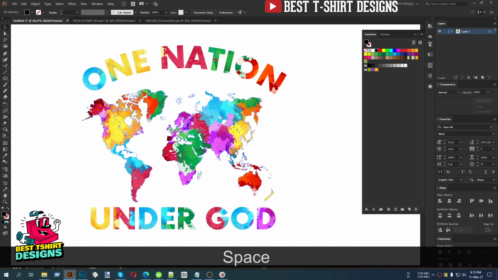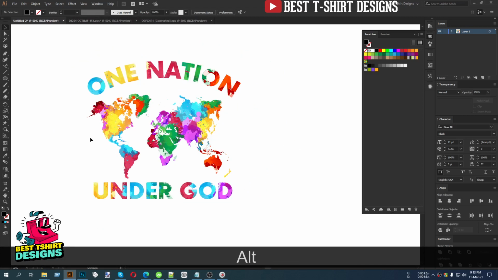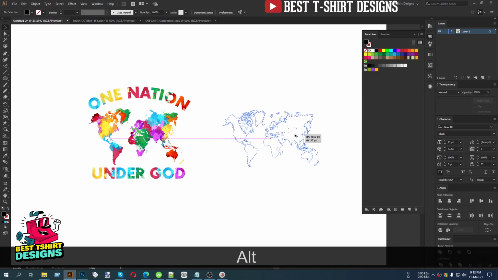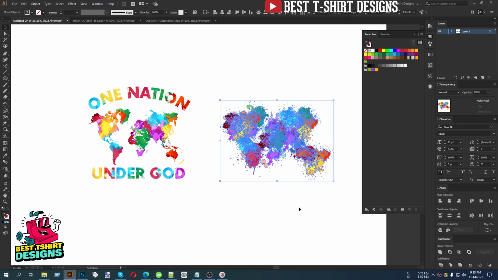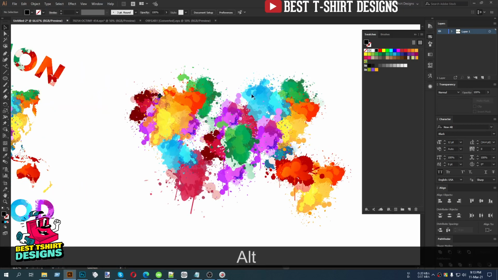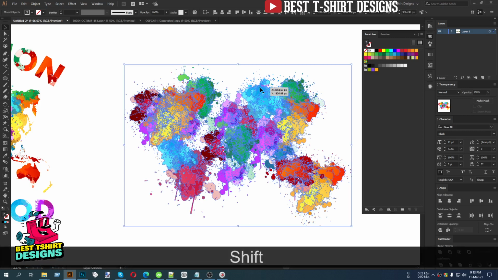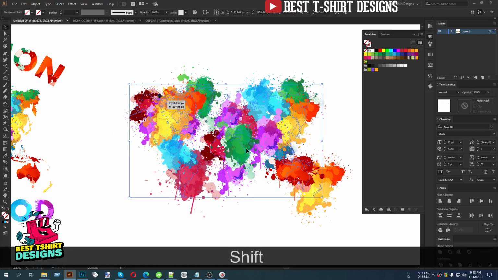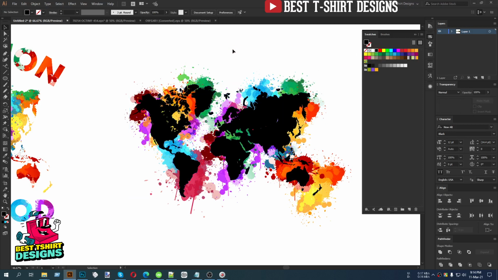Now this is not a very typical kind of watercolor design you will see, because we are making the clipping mask here. Let me show you. If I do not mask it, like if I right click on it and then Release Clipping Mask, this is basically what you will find for world maps or watercolor designs like this. Now my world shape is here, but it is not showing up. So if I select everything and then deselect the color shape, this is now my world map, but it is with no fill, no stroke, so not visible. Let me make it a black fill, so that it will be here.